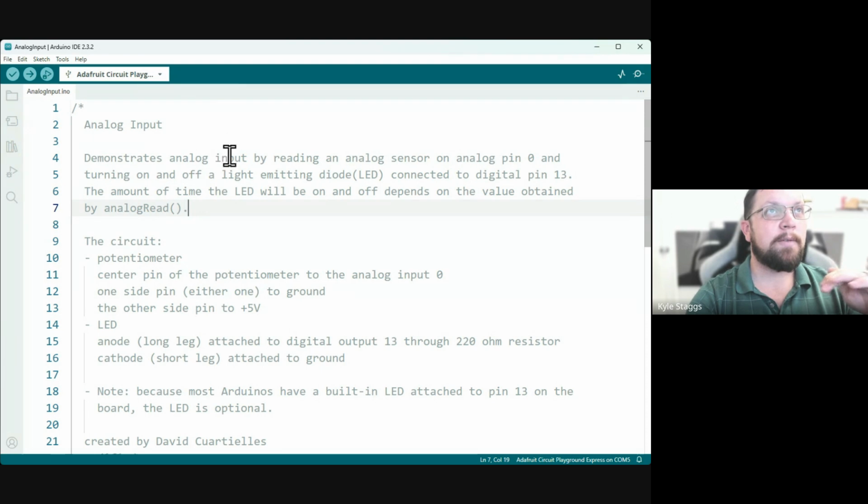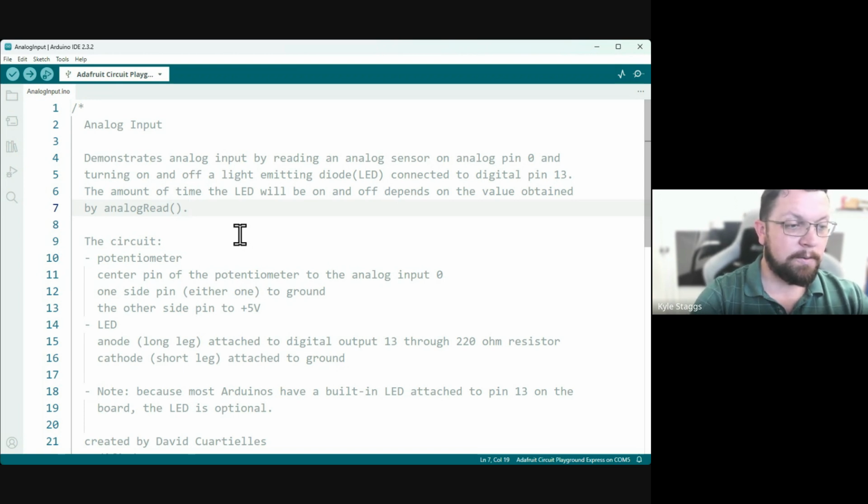So we want to have an analog input by reading some kind of analog sensor. In this case, he's using pin 0. So we're going to look back at the examples on the board here. We can use any of the different pins. All of the values that have an A next to them are analog inputs. So we're going to be doing some analog input, and one of the easiest ones to use for today,